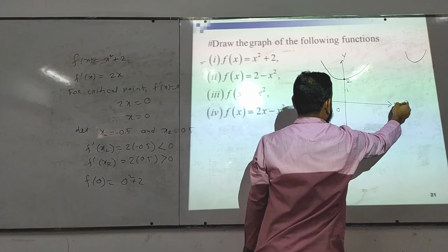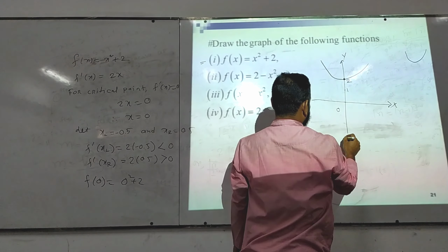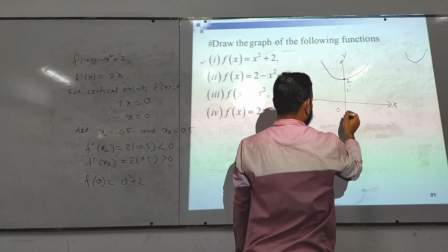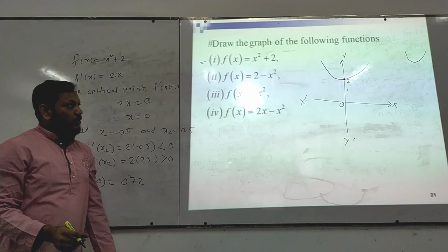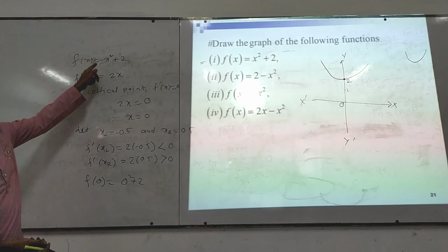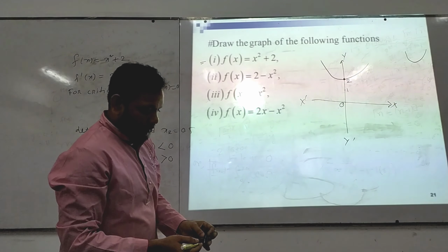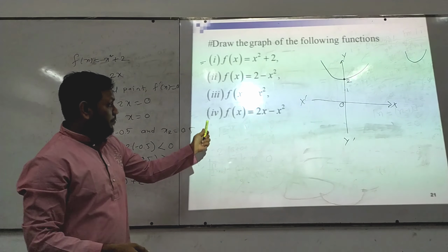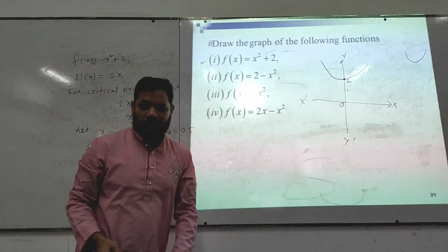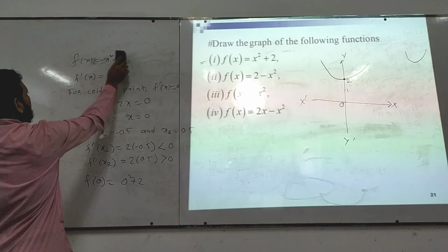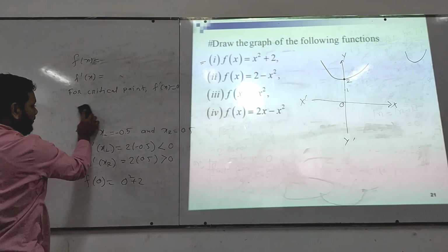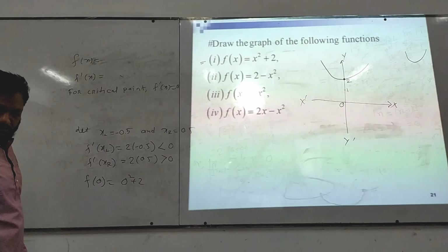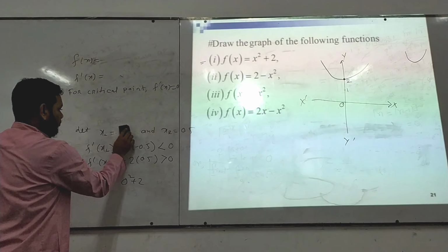Y-axis. X negative, y negative. Understood? The graph of f of x equal to x square plus 2. Now, can you draw the graph of f of x equal to 2x minus x square? How? Again, you can write here f of x equals to,